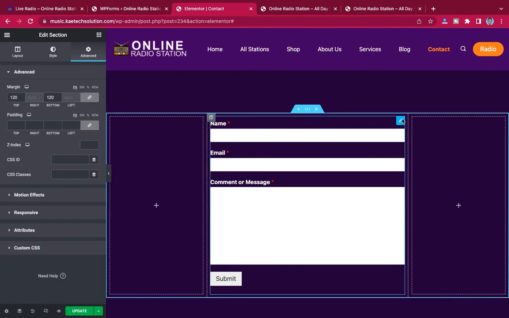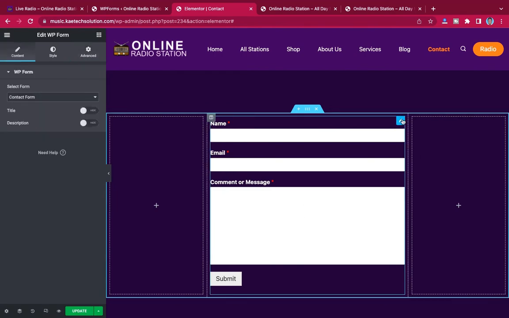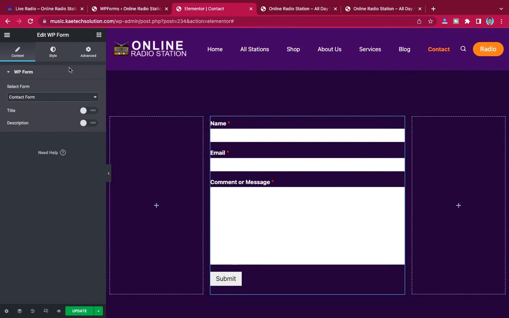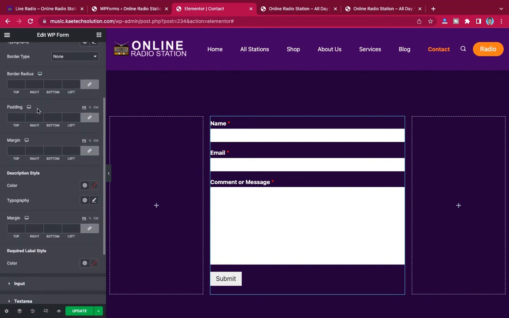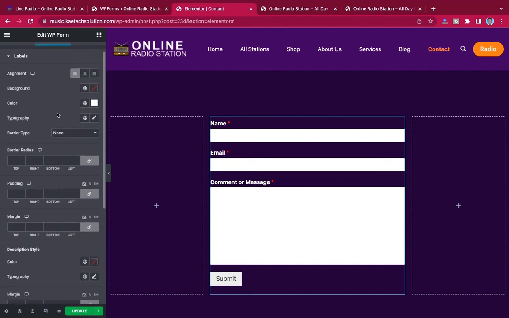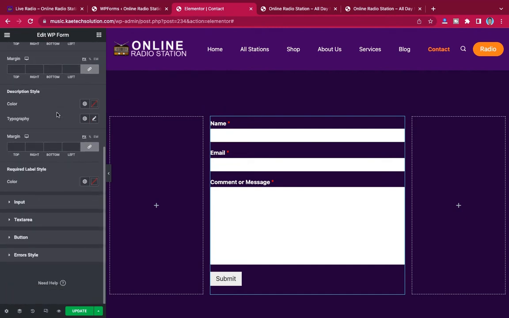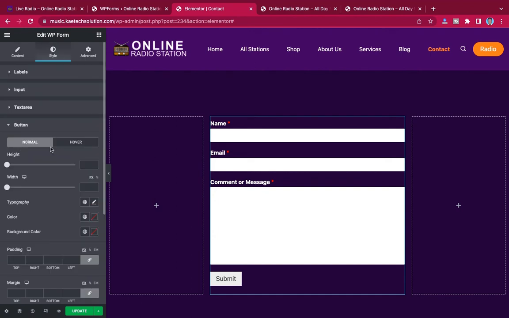And now I'm going to style the form. So let me go to style. Now we can style it the way we want it. You can give it all the other things you want. So this is the button. With the button we can give it a width, a height, all those things. So let's say we give it 100,